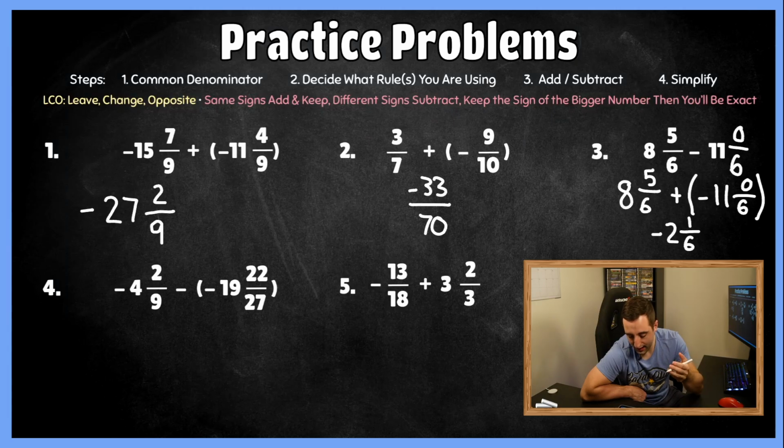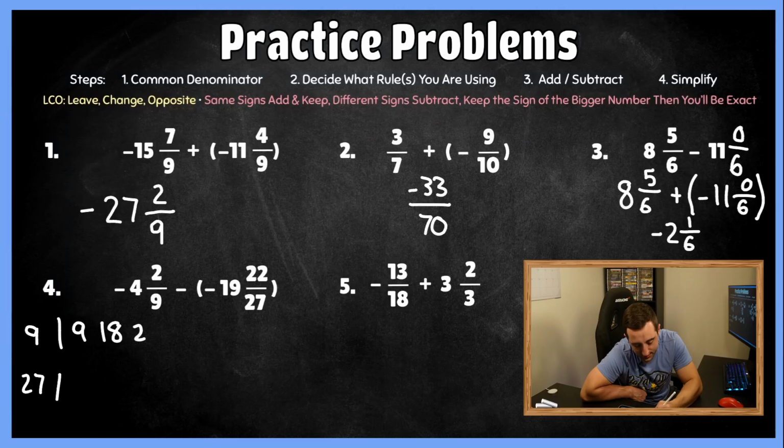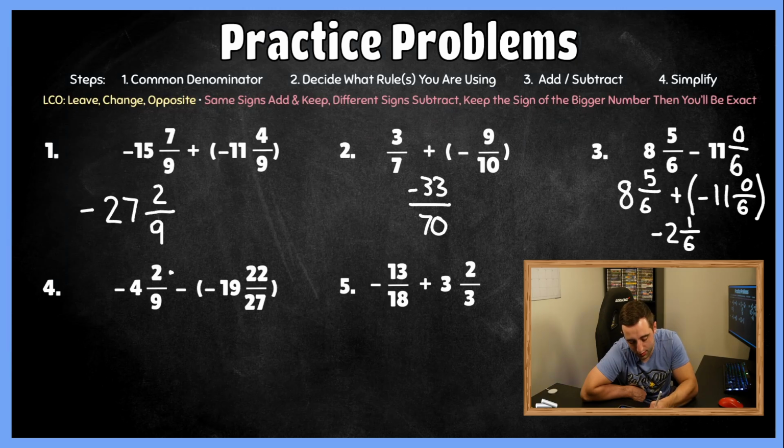So again, we don't have the same denominator, so let's go ahead and do that by utilizing least common multiple. So we have 9 and 27. Well, the multiples of 9 are 9, 18, 27, and then for 27, we just need to list the first one, and we get our match here. So let's go ahead and change negative 4 and 2/9 to get 27 on the bottom by multiplying the top and bottom by 3. When we do that, our new problem is going to be negative 4 and 6/27 minus